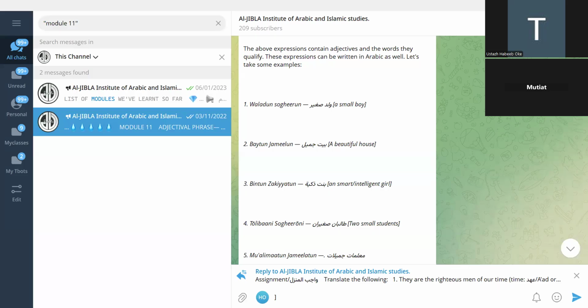Okay, so we are on module 11, like I said, and we are treating adjectival phrases, مركب توصيفي. Now, we have looked at some expressions in English, some adjectival phrases in English, and we are now looking at how to form these phrases in Arabic. So we are looking at this. If you look at what we have here, we said